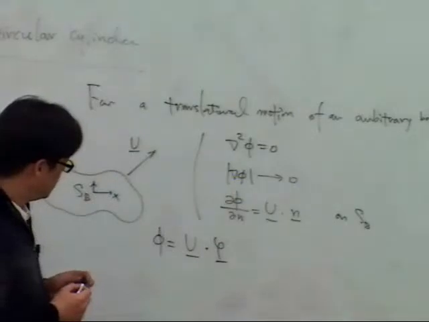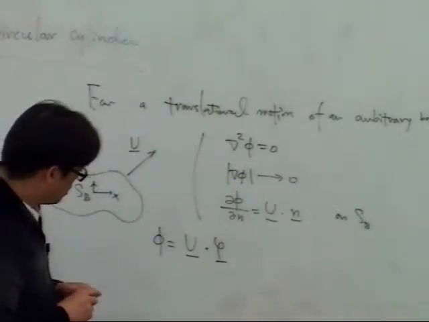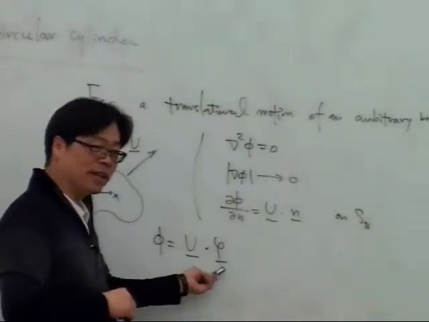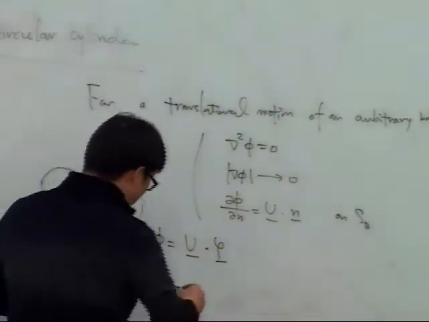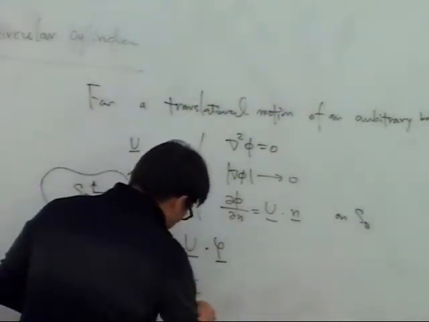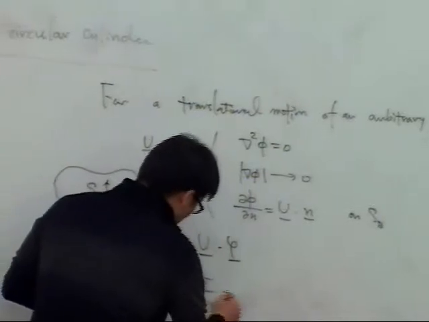So this is a strange notation, and now the velocity potential has its components, and I can write this as a summation from i equals 1 to